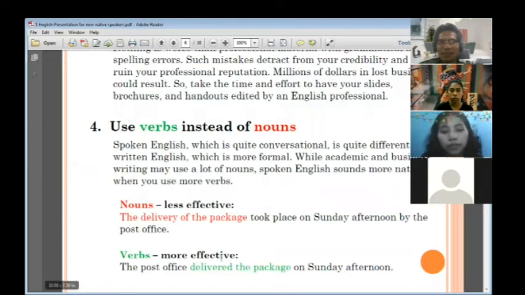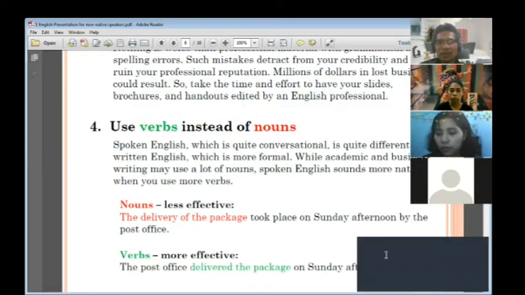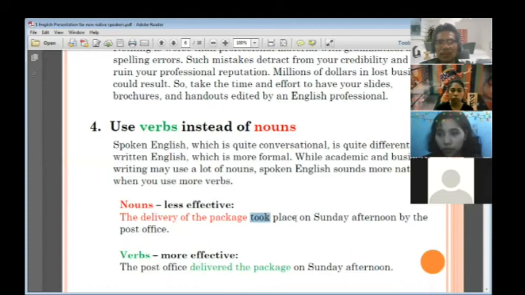Jadi ini lebih simple daripada yang di atas. Yang di atas tadi menggunakan apa? Passive, ya. Passive language. Use simple verbs. Use active verbs. The post office delivered the package on Sunday afternoon. Di benak kita kan lebih gampang diterima daripada the delivery of the package took place on Sunday afternoon by the post office, ya. Di benak kita banyak hal, ada delivery of the package, ada juga took place, ya, yang bisa